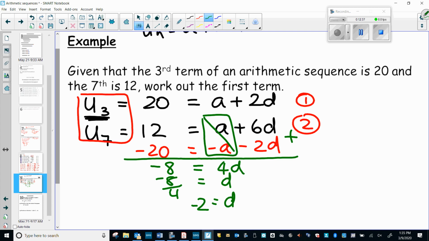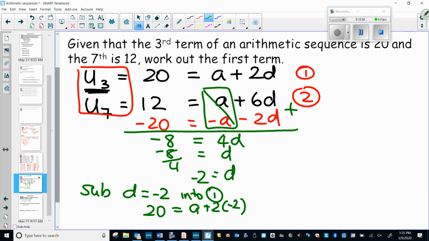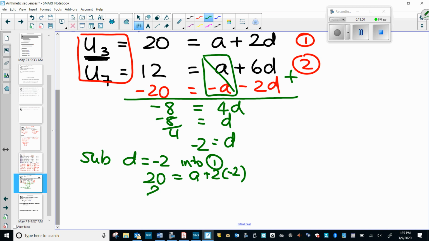Substitute into one of those original 2. Actually, you can do it into any of them, the red one and mine as well. It doesn't matter which one we pick. Let's substitute d is equal to negative 2 into equation 1. So we've got 20 is equal to a plus 2 lots of negative 2. So 20 is equal to a minus 4. Add 4 to both sides, so a is 24. So the first term